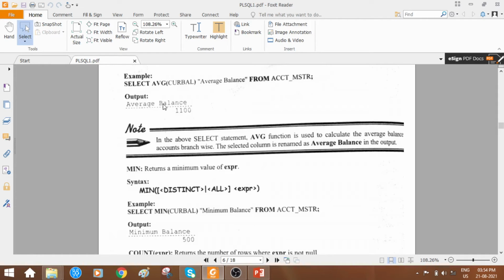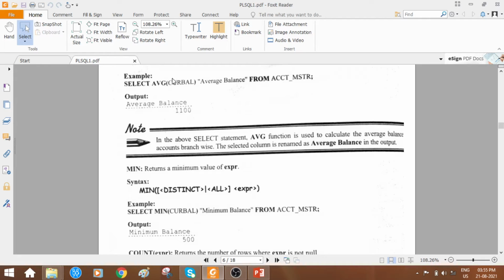So here this name is not existing in a table. So what is the table name here, students? Select average of current balance column from. From is a clause. From which table? Table name is account master. Account master. It means what? It is a query related to a particular bank kind of transaction. Account master is a table which is actually holding the bank account information. Okay, so account underscore master is a table name.